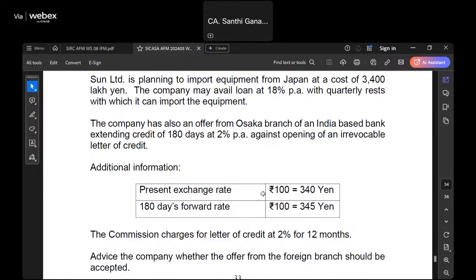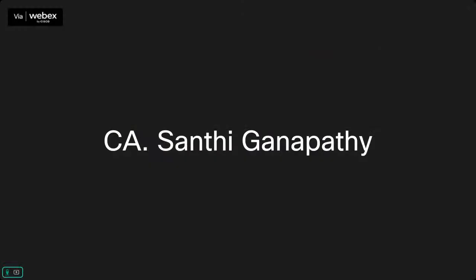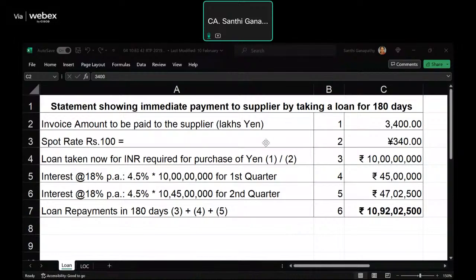So first, let's find out if we take a loan, what will be the repayment in 180 days? So the invoice amount to be paid to the supplier, how much? It's given in lakh yen. Then what is the spot rate? So how much